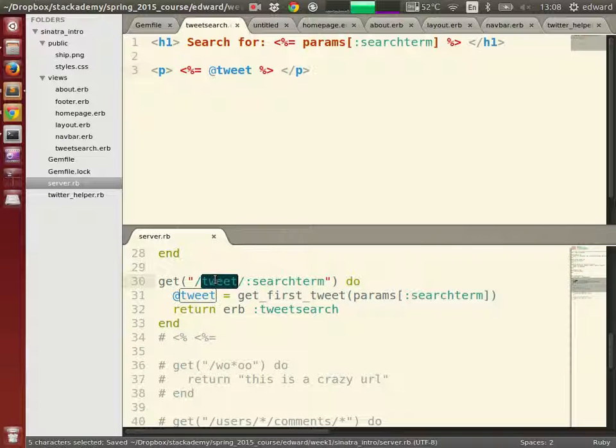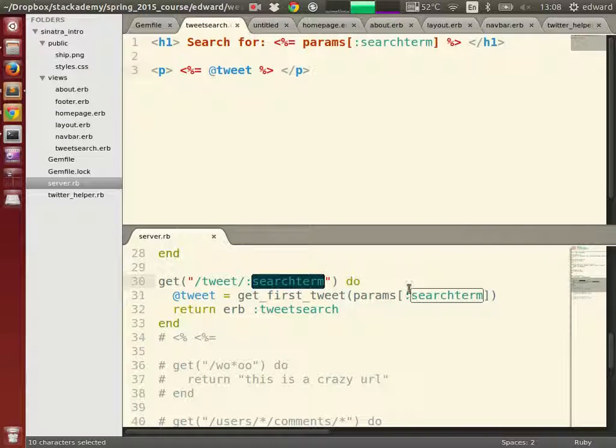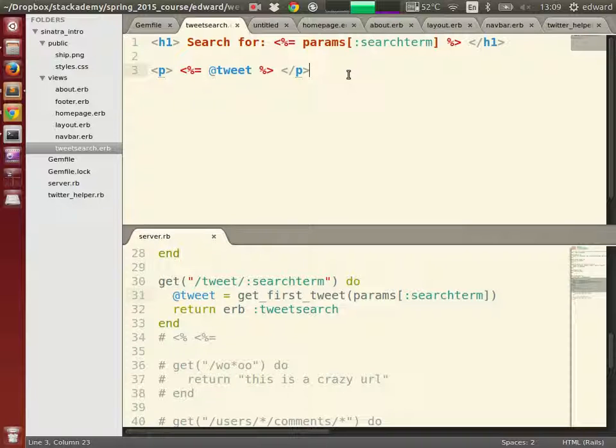So it's going to match a URL called /tweet/toaster and take the word toaster and put it into params search term, because that's what came in here. This will give back some text, the word toaster, and what get first tweet expects is a piece of text. So we're going to give it that piece of text that we got out of params. It will go to Twitter, give us back a piece of text, which we're going to put in tweet, and then later on we can print it out. So if everything goes to plan,